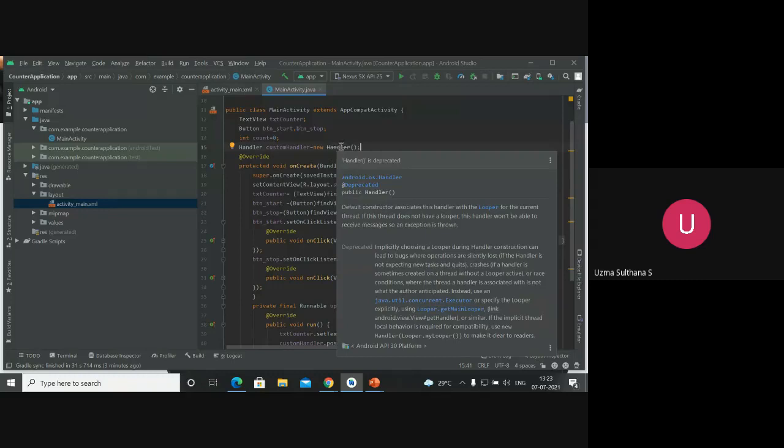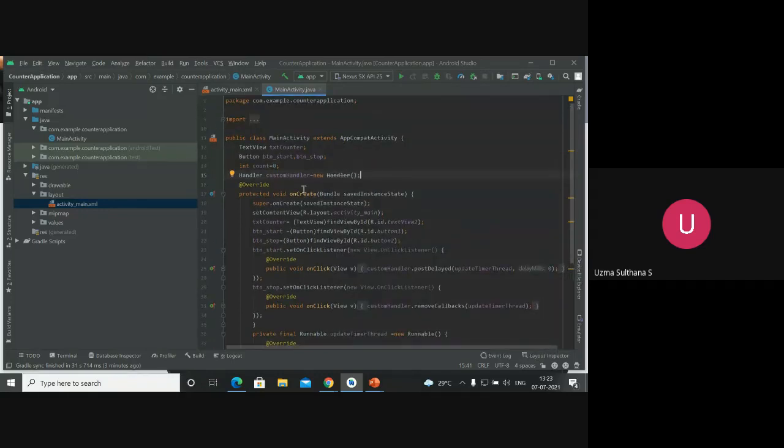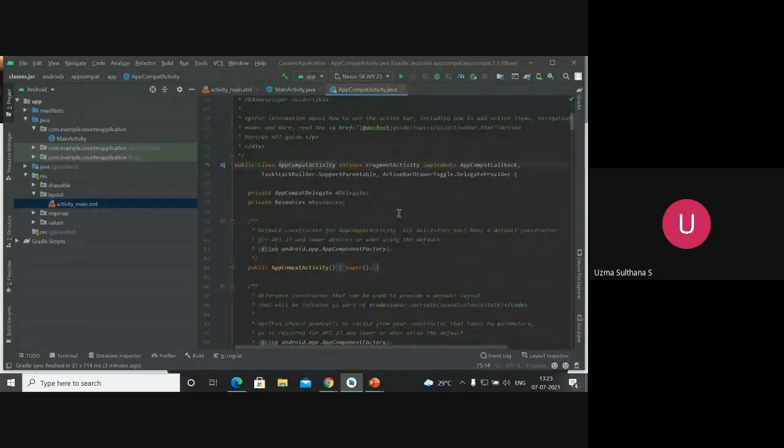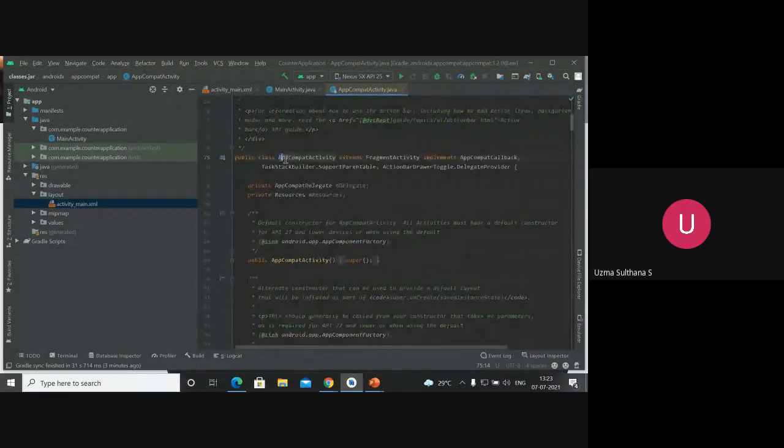I was telling you how to look into the methods which are there in this particular AppCompatActivity class. Just go to that particular class and press control click, and automatically you will be pointed to that class. You can see this is the AppCompatActivity, and it extends, in the sense you are using the inheritance concept here, and in the interface we are using interfaces.